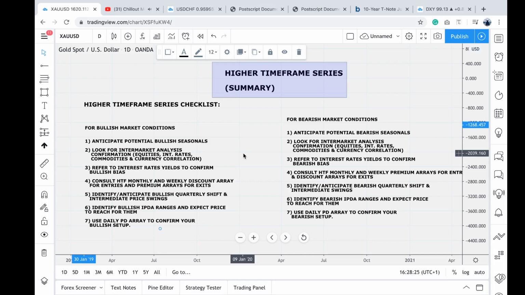So what you've got to ask yourself is this question: is there a quarterly shift in the marketplace where you can identify where the last low was made? What was the last long-term low made? What was the last intermediate-term low made? Because remember, in our